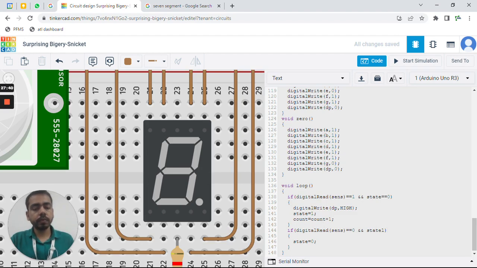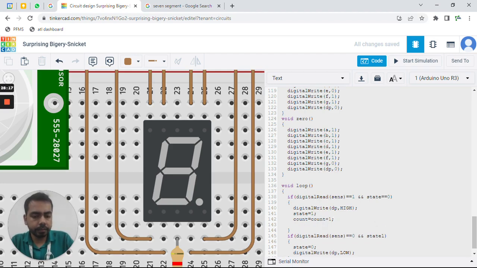So what we will do now, in this loop we will execute another thing. Whenever we turn it off, make sure to turn off the DP also. Otherwise, we would not be able to recognize whether the sensor is detecting anything or not. So make sure to turn it low. Now half of the coding has been completed, and in this if statement, what I am going to do,